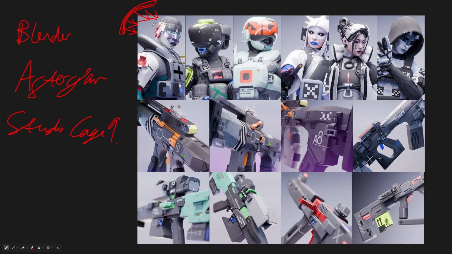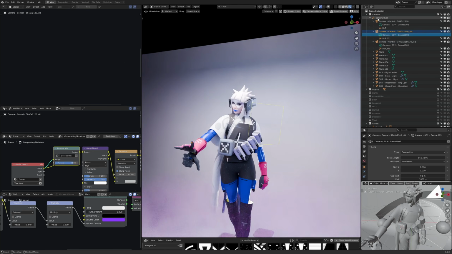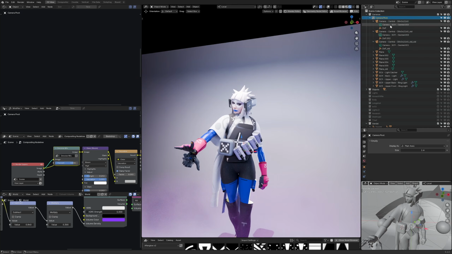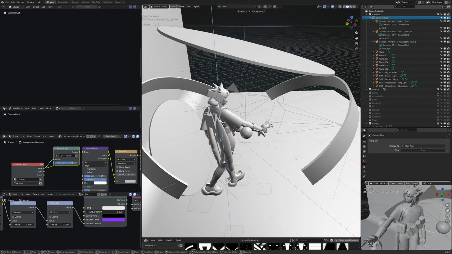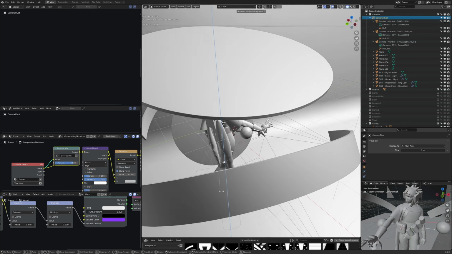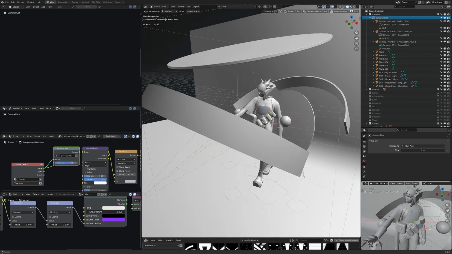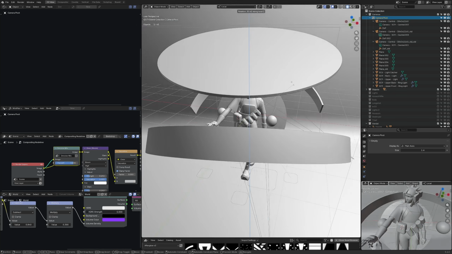The reason why all of the background lighting looks consistent across all of these renders is because I'm using a bit of a trick with the camera pivot. You may notice up in the corner, I've got a camera pivot, which is just an empty object from which all of the cameras are attached. But you'll also notice that all of the major scene lighting and, importantly, the light catcher are attached to the